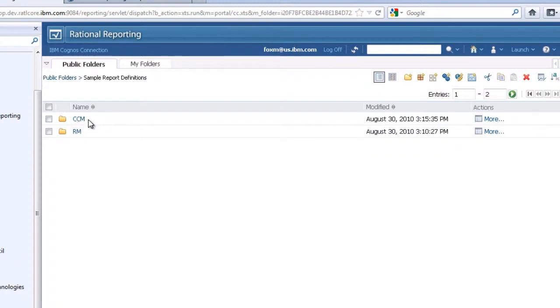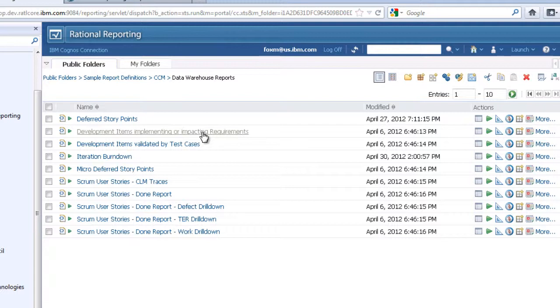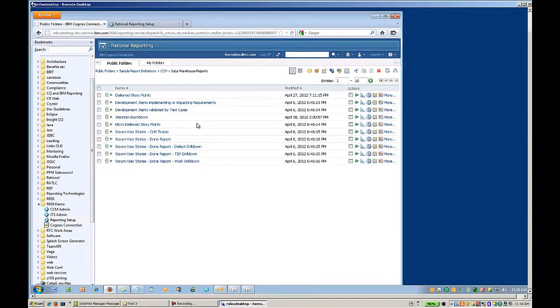you see I've loaded the CCM and RM reports. CCM data warehouse reports are the ones we want to look at, and here we are. These are the reports that ship with RTC. So the report I want to show from the CCM or RTC collection is this Scrum user stories done. So if I click on that to run it,